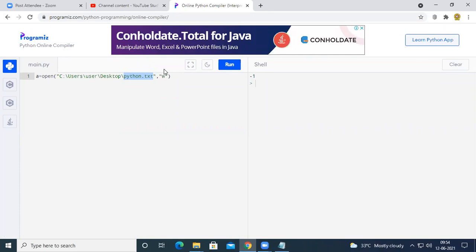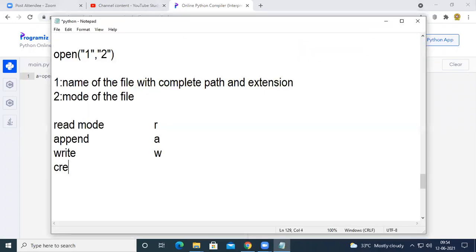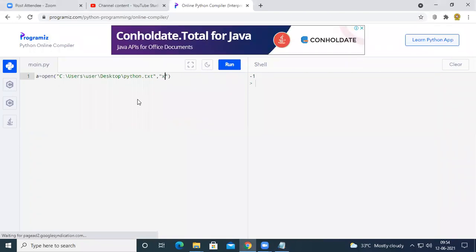And then there is one more mode. If we want to create a file by using Python, we can use X. So when we write X here, now a python.txt file will be created at this location.